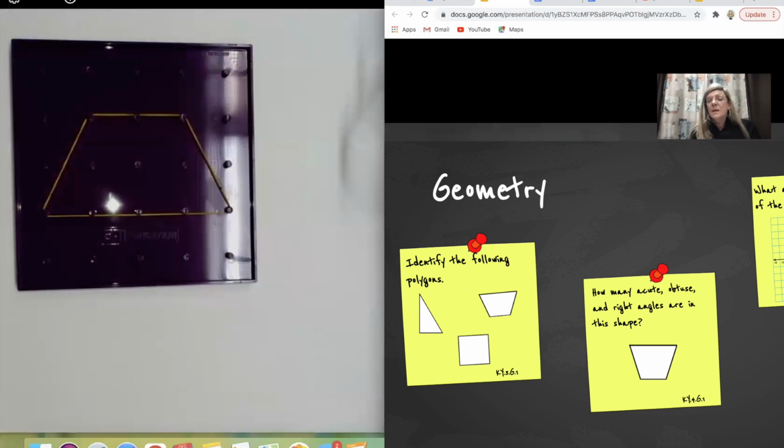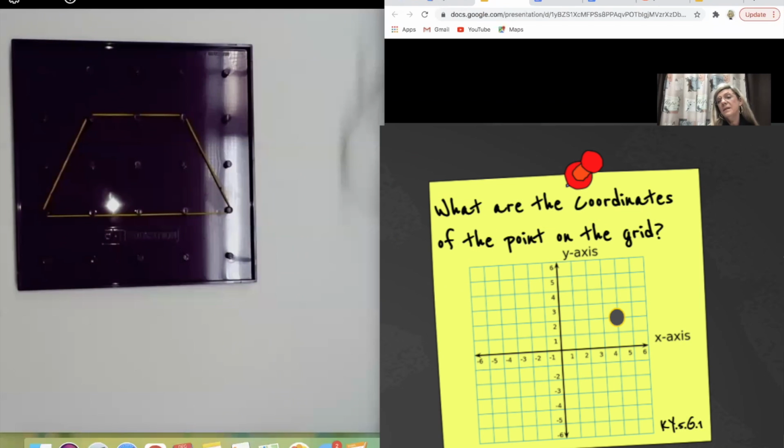Okay. All right. So now let's move on to the 5th grade one. It says, what are the coordinates of the point on the grid? Now, there are some limitations with this one as well. It all stays within the first quadrant, that positive and positive. The first quadrant up there on the top right is where our kiddos will live. They're still going to need to understand points and coordinates and how to plot those and how to find those, but they're keeping us with positive numbers, and they're keeping us in that top right quadrant up there.